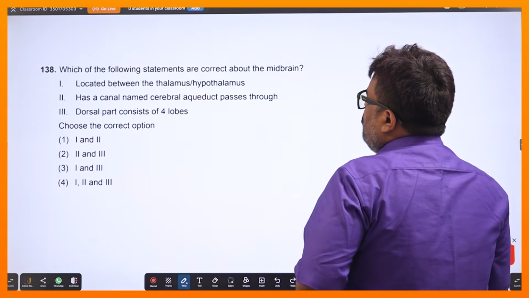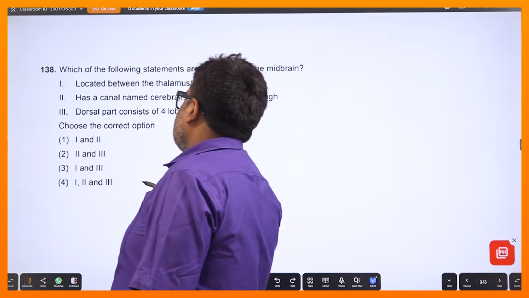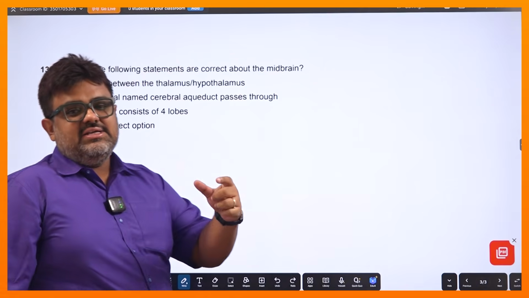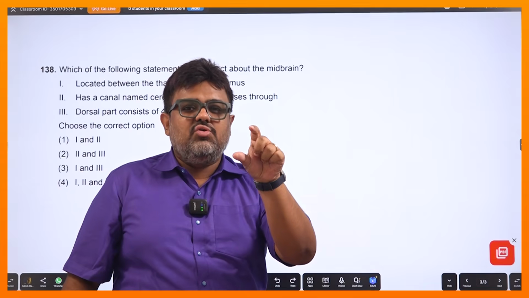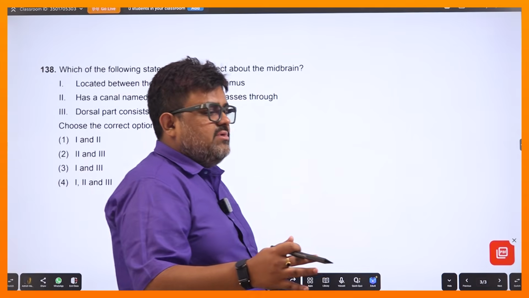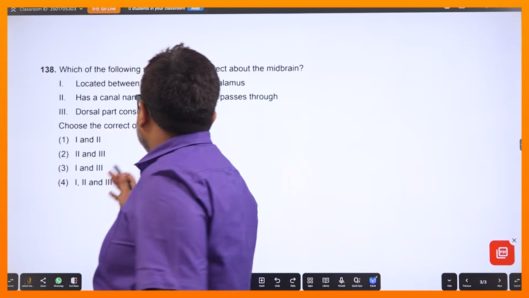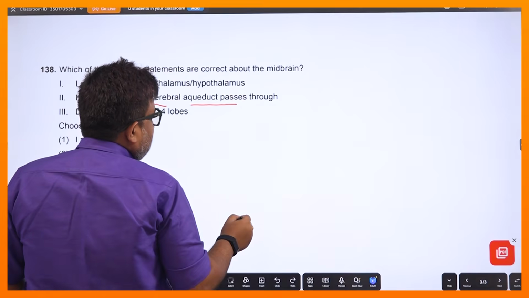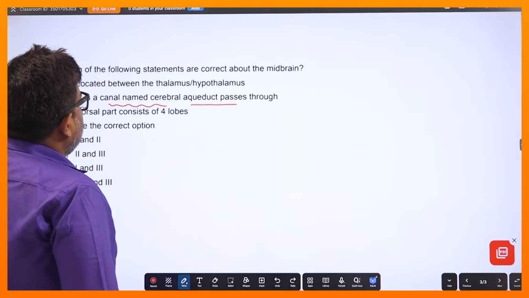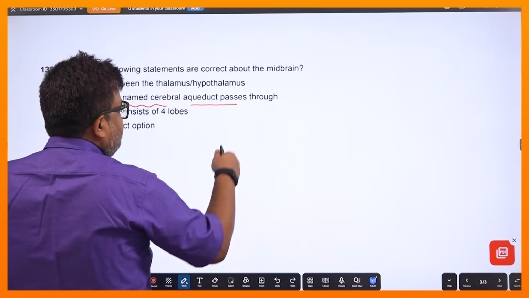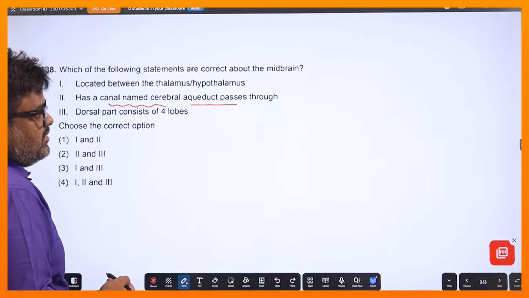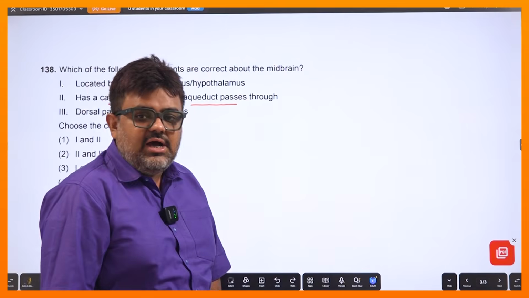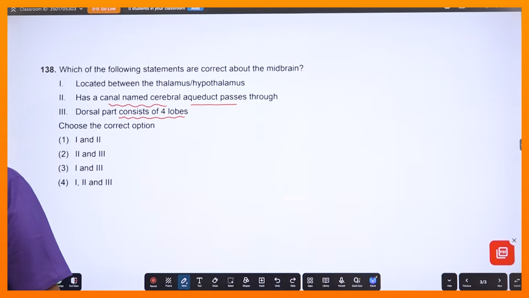আচ্ছা, মিড ব্রেনের জন্য কোন স্টেটমেন্টটা কারেক্ট, এটাও খুবই একটা সহজ প্রশ্ন। আমরা জানি মিড ব্রেনের মধ্যে লেখা আছে, মিড ব্রেন ইজ মানে আমাদের এনসিইআরটি তে মিড ব্রেন ব্যাপারটাই খুব খুব খুব ছোট করে লেখা আছে, কয়েকটা লাইনস। দেখ এখন পরীক্ষার সামনে আমরা এনসিইআরটির উপরই ফোকাস করব, ইজন্ট ইট? তাহলে এখানে লেখাই আছে যে মিড ব্রেনের মধ্যে একটা ক্যানাল থাকে যার নাম সেরিব্রাল অ্যাকুইডাক্ট, ঠিক আছে? তো এই সেরিব্রাল অ্যাকুইডাক্টটাই বা আইটারটাই হচ্ছে মিড ব্রেন দিয়ে পাস থ্রু করে। আর ওই যে ডরসাল পার্টটা, ঠিক আছে, ওর মধ্যে 4টে লোবস থাকে, ঠিক আছে, কর্পোরা, কোয়াড্রিজেমিনা।